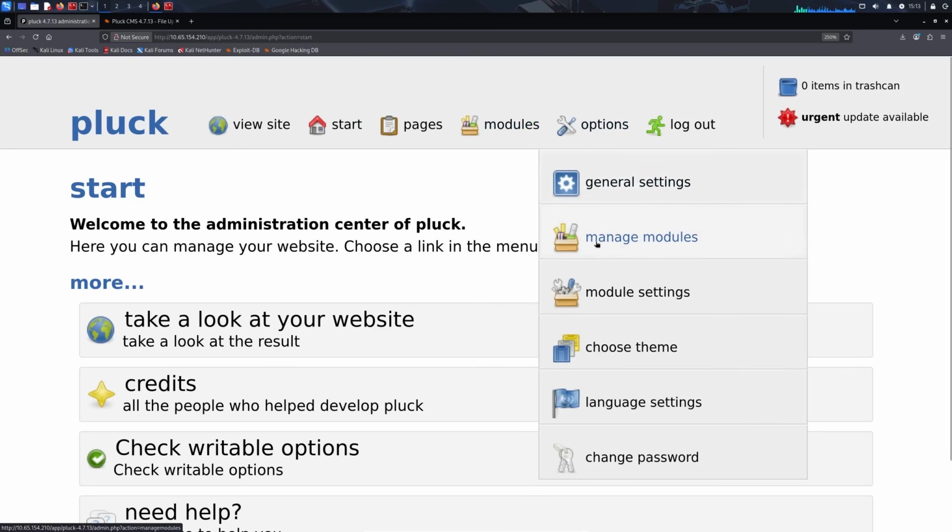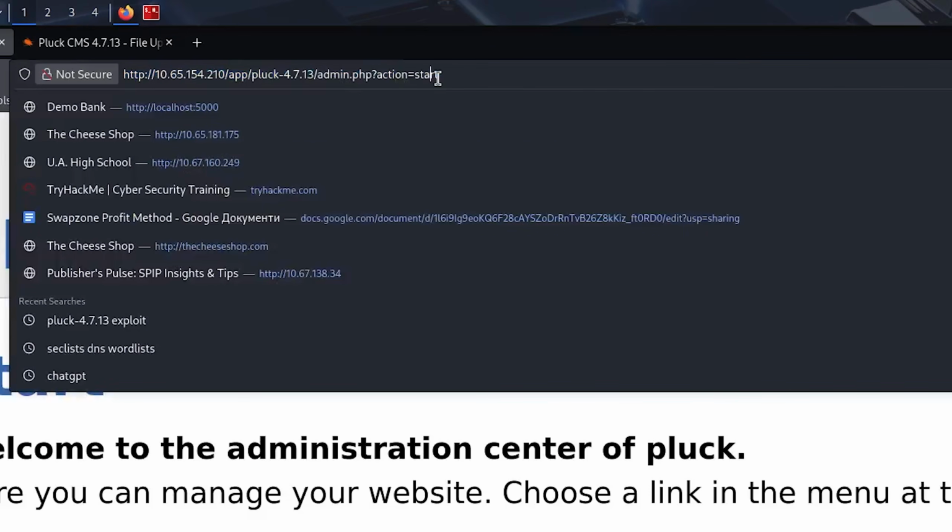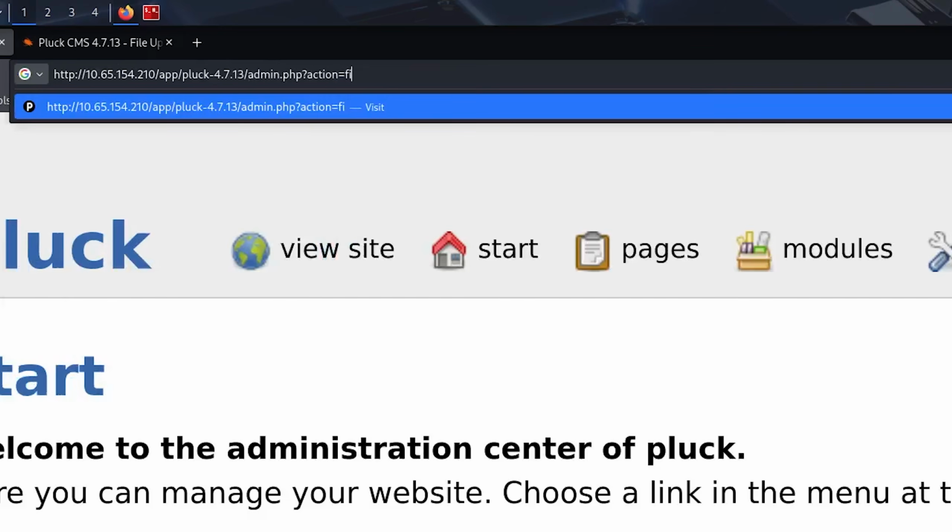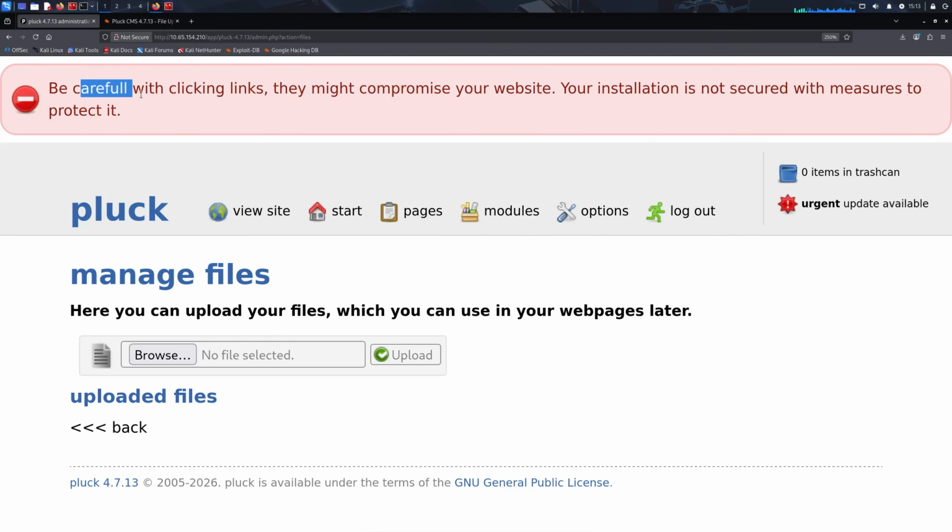Modules, options. So we are at admin.php?action=start. Let's do action=files. Be careful with double L. With clicking links, they might compromise your website. How about we try uploading a simple PHP payload and see if we have any restriction at all here